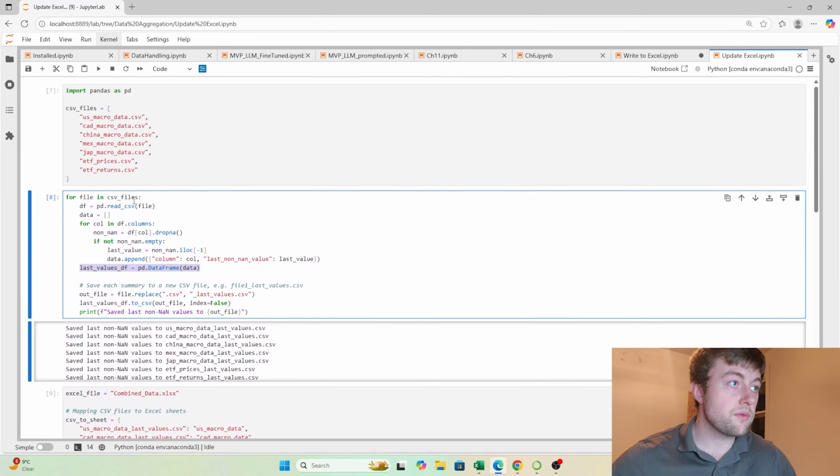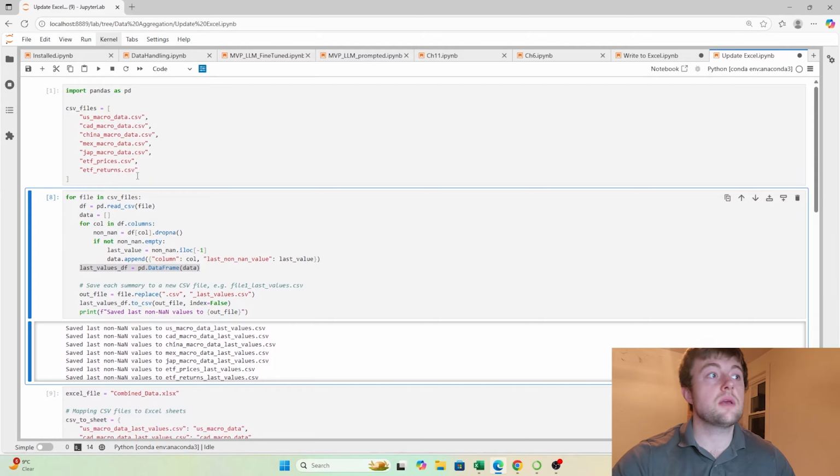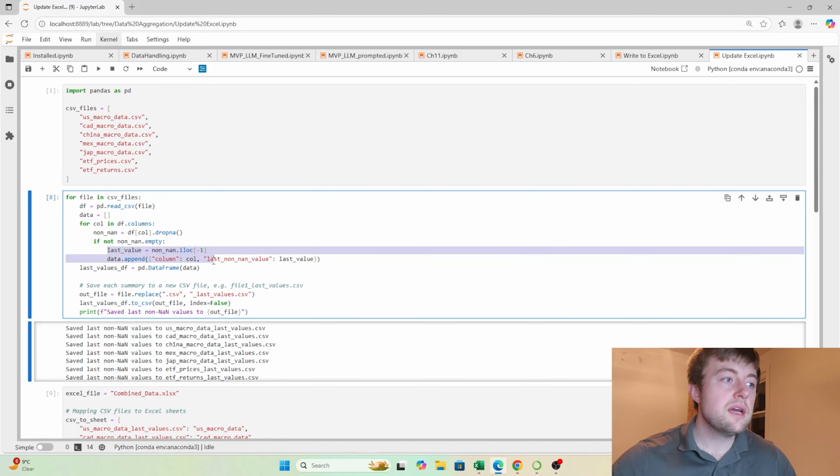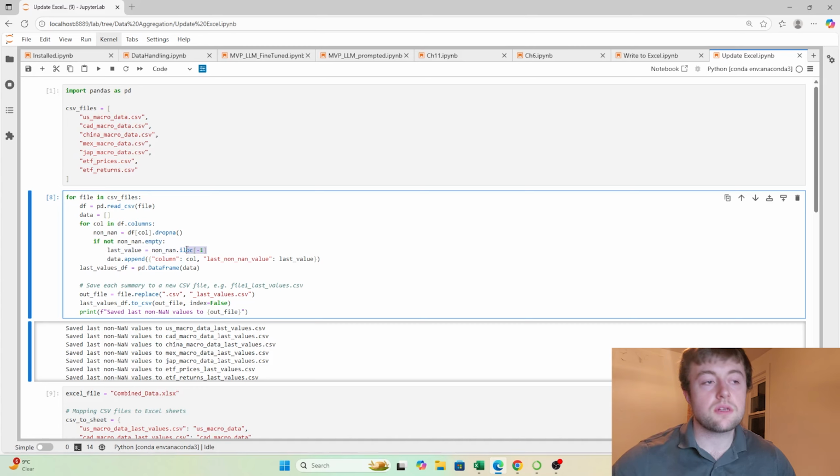So going through this, we load up our list again. So it's the same list of CSV files. We import pandas again. We go through each file in the CSV files, we read each file, and we set up an empty list called data. For each column, we go through each column in the data frame's columns. We look for any empty columns and drop the empty columns. And then if it's not empty, then we take the last value of the, for example, we have .iloc[-1], so this is the last row in the